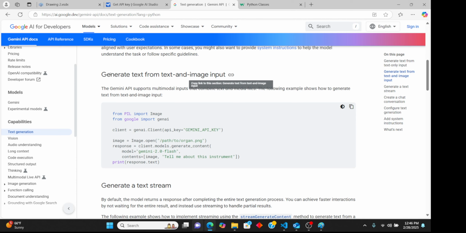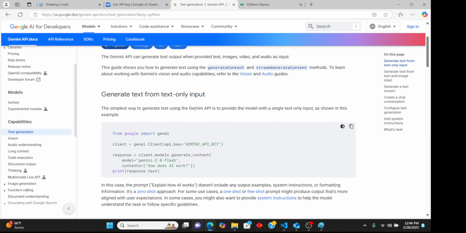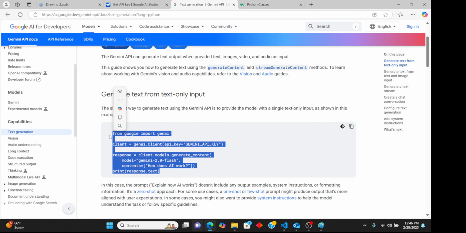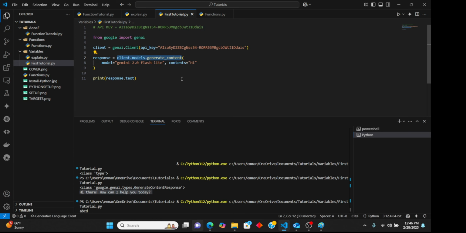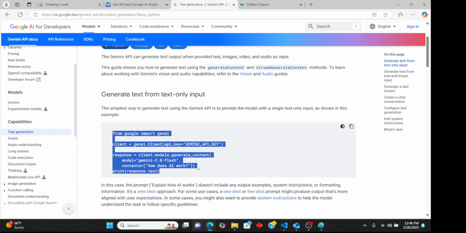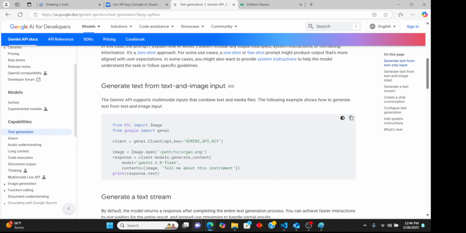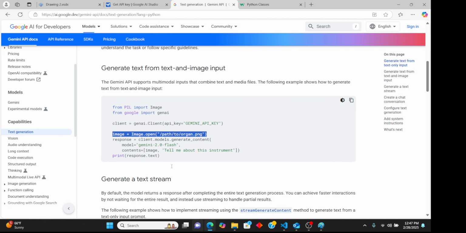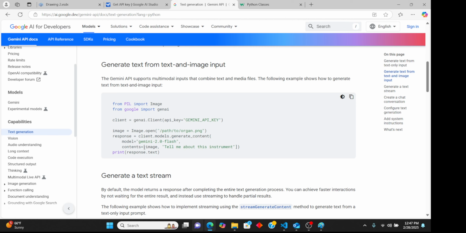So you can continue reading your documentation. For example, if you want to generate text from text and image, what we did was generate text from only a text. That's you enter a text. In this case, we entered hi, and then we got a response, hi there, how are you? Now assuming you want to generate it from an image and then a text, it means you have to open your image inside your script, which is this code, and then you also have to add it as part of the content